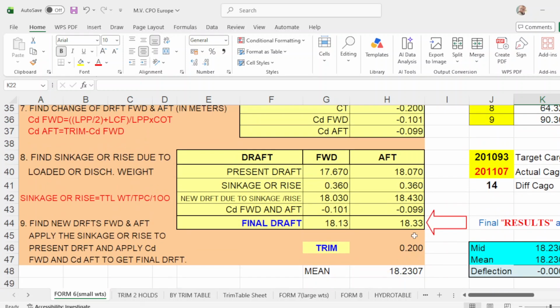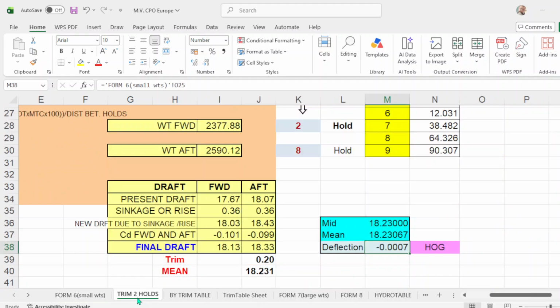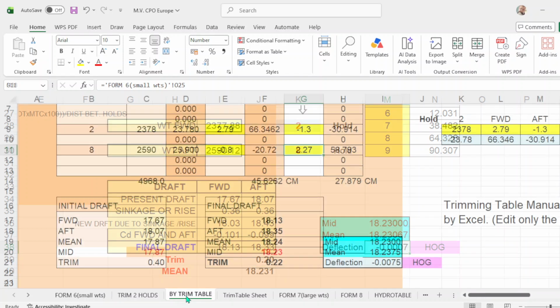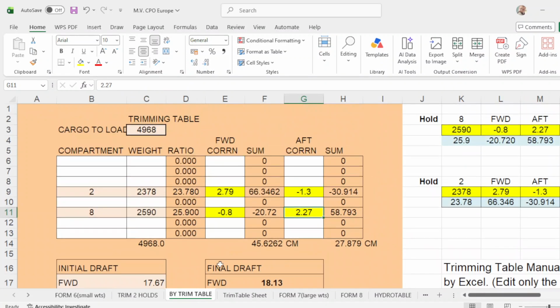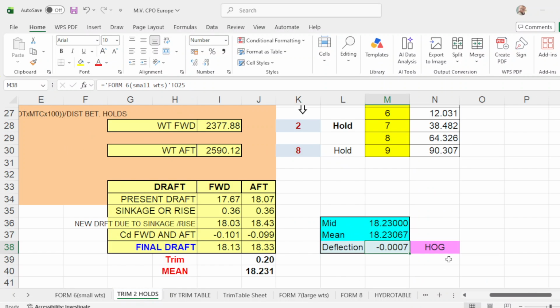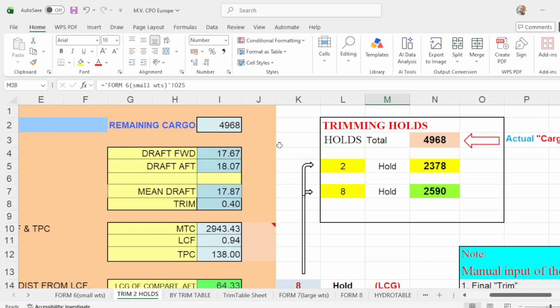This is your departure drop, and trim holds 2, and your departure drop. Then we go by trim table. Okay. Take note that number 2 and 8 are the trimming holds. The cargo for trimming is 4968, okay?